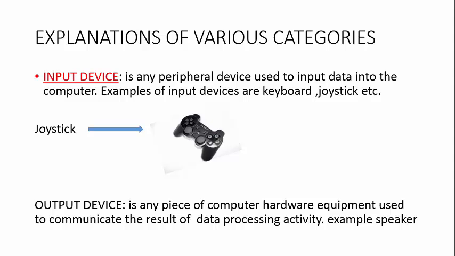Another category of computer hardware is the output device. The output device is any piece of computer hardware equipment that is used to communicate the result of a data processing activity. Examples of these output devices are the speaker,